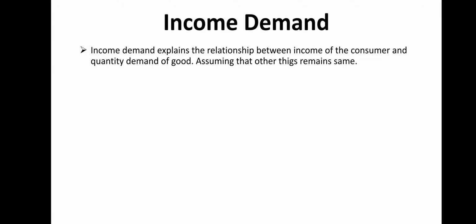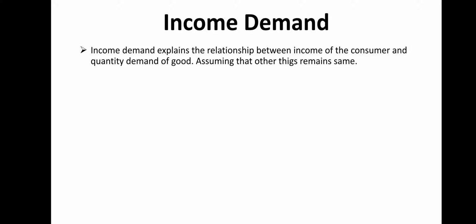In this video, we are going to learn income demand. Income demand means it's a relationship between income of the consumer and demand for a commodity. So the income demand explains the relationship between income of the consumer and quantity demanded of a good, assuming that all remaining things are constant, which means price of the commodity, price of other commodities, and taste and preferences, all other